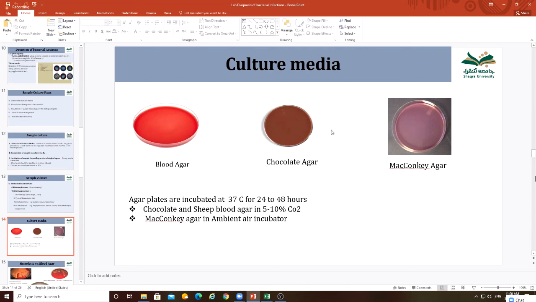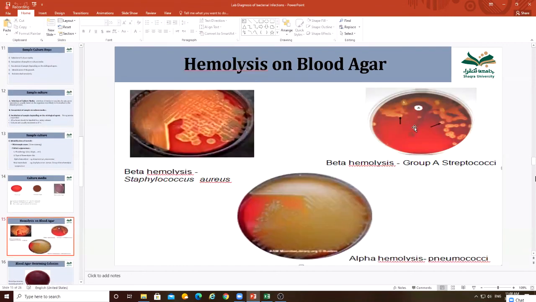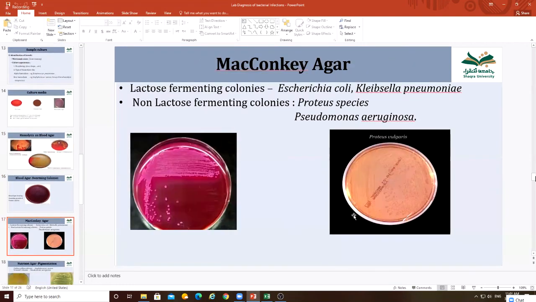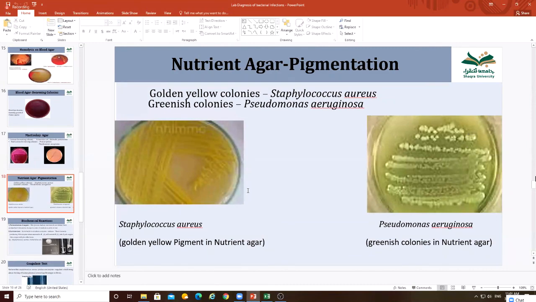So if on the nutrient agar the green color is there, that means it is a Pseudomonas. So here, if you see in this slide, if you think that this bacteria was cultured only on blood agar, then it is wrong. The same bacteria we put on the blood agar, same on the chocolate agar, same on the MacConkey, same on the nutrient agar. And we check all different agar to see the different characters of the bacteria. And we combine all the characters and we try to find out which bacteria is there. See here on MacConkey, this is nutrient agar. You got it?